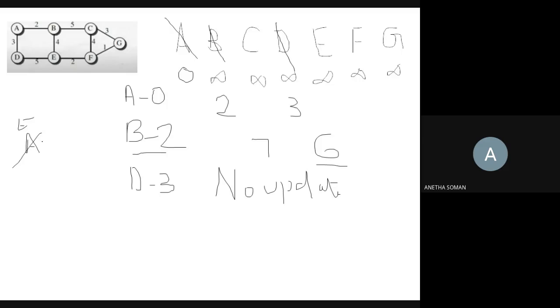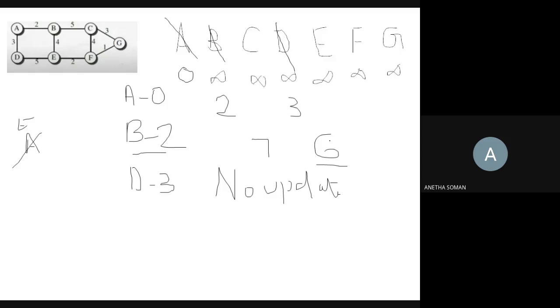Okay, so D is equal to 3. I have just finalized up to here, understood? Yes or no? Yes, Miss. Okay, so I was at D. I have found out who the neighbors of D are. I have found out E and A are the neighbors. A is already finished, so no need to assume it, right? Now for E, I have to find the total distance, which is 3 plus 5, equal to 8.